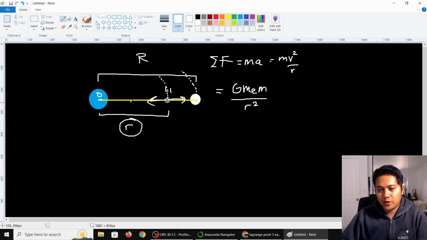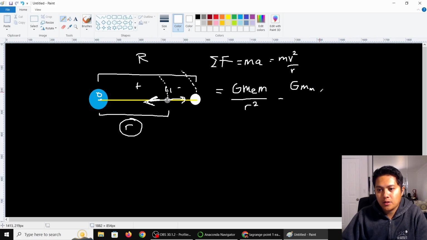And I'm basically going to define things moving in the direction of the Earth to be in the positive direction and things moving towards the Moon to be in the negative direction. It works out either way, but I'm just going to write it like this for simplicity's sake. And so that's the Earth's force on the satellite, and then we have to write the Moon's force on the